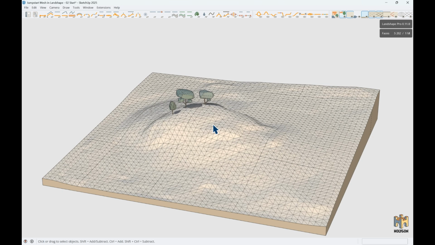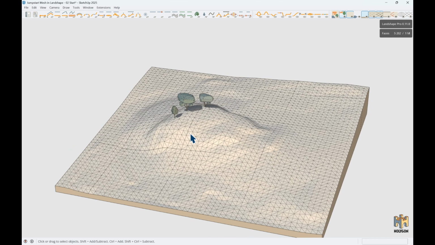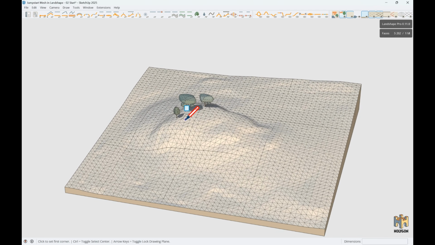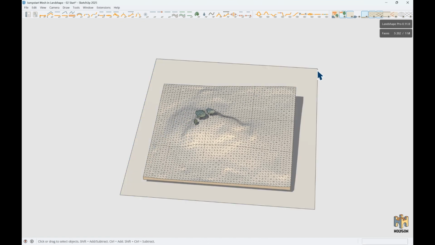Now, to tell Landshape what area to mesh, we need some control groups or input groups. And this is simply a group with a well-formed perimeter. You can, for instance, create a rectangle and group it and use that, or a circle, or something freeform. So for instance, we can start the rectangle tool in SketchUp, create a big rectangle like so, then we group it,